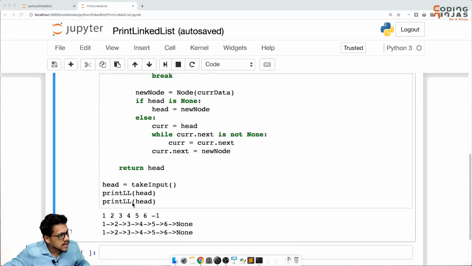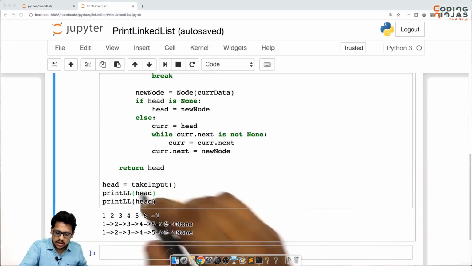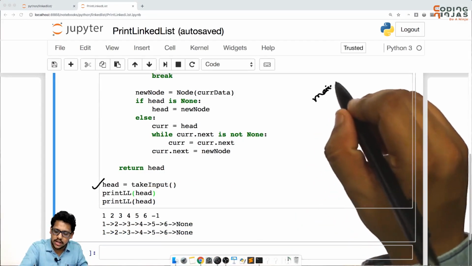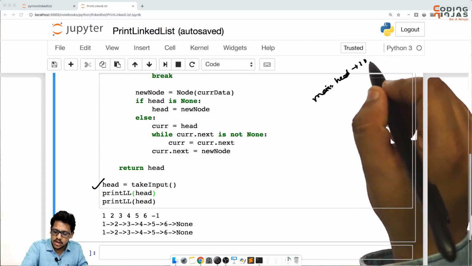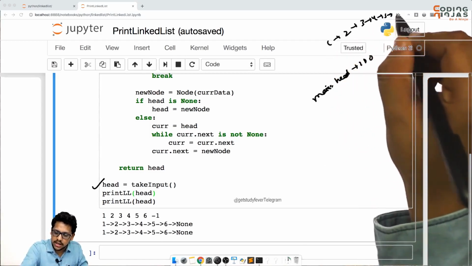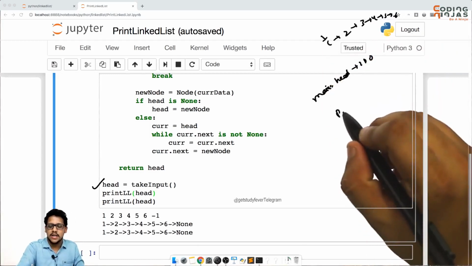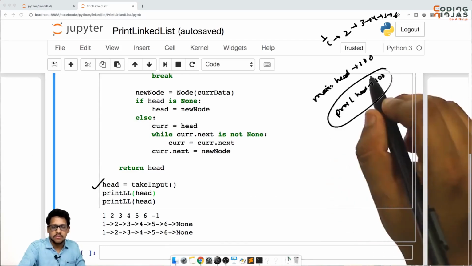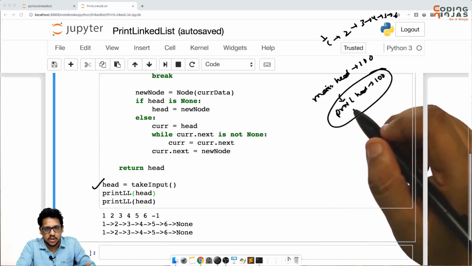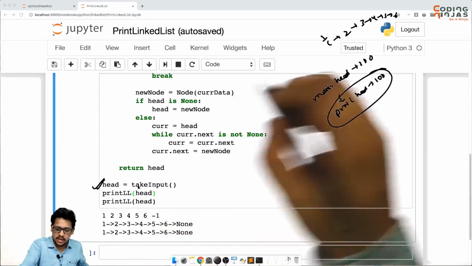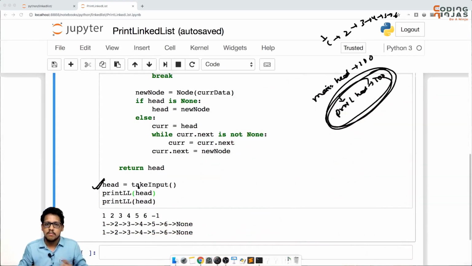You have called print linked list head again. So here the head is the same. This is main.head. Main.head is pointing to that point only, that was 100. Okay, so you had gone to this. When you call a function, a copy is created, and in that again print_linked_list.head will be copied as 100. This is a copy which will be made in the local variable of the print linked list function. So this head will not change. This is a local variable to the main thing, and this is a local variable to the print linked list function. Okay, so we are able to print it.